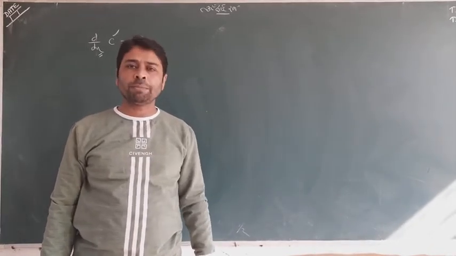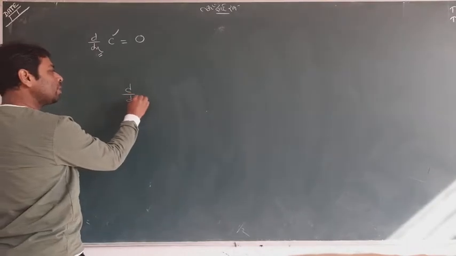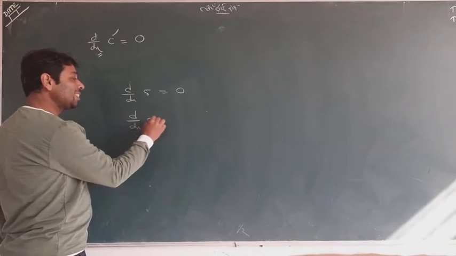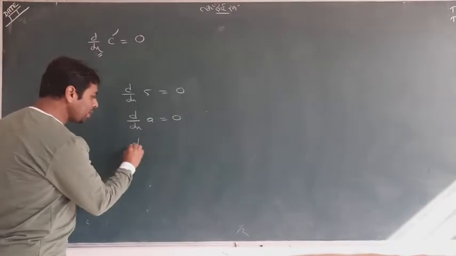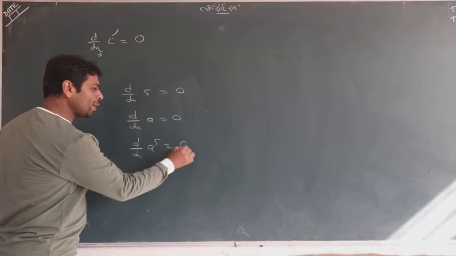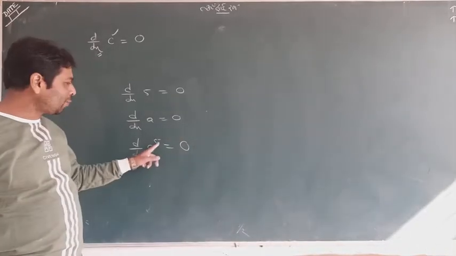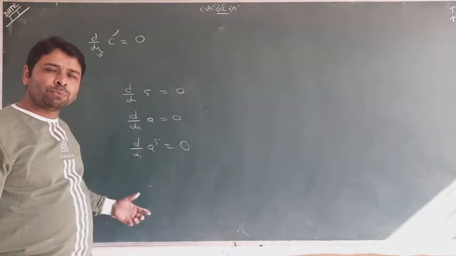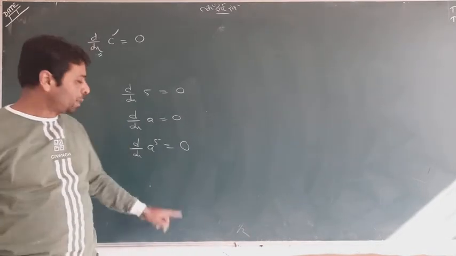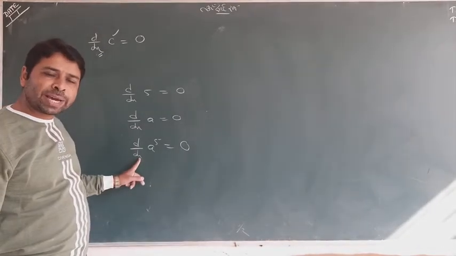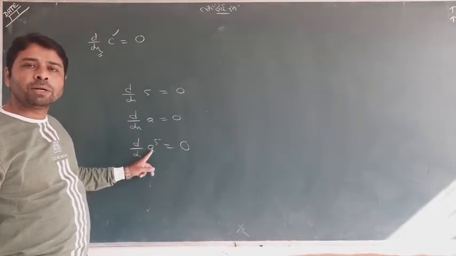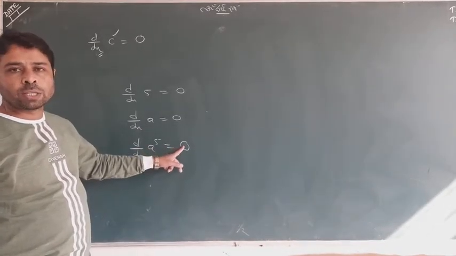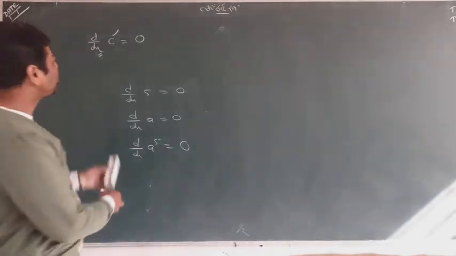This is a simple concept. How may the question come? d by dx of 5 is coming, so you write only 0. d by dx of a is coming, you write 0. Suppose d by dx of a to the power 5 is coming, you write 0. Sometimes students write 5a to the power 4. They put the power first and reduce one from the power, but it is wrong because the differentiation is with respect to x. So except x, all the numbers are constants. Even if it looks like a beautiful question, it is a constant. So the answer is 0. Remember my words, students.